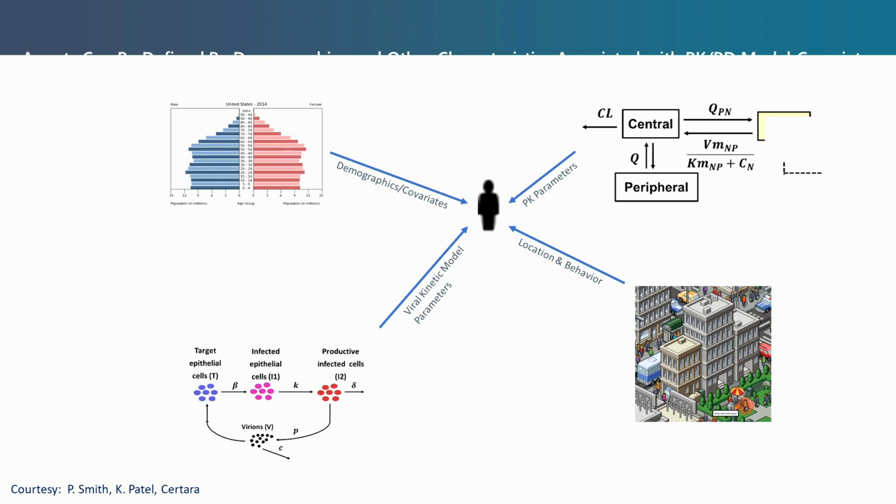Now, we have seen the PK model here. This is of importance: location and behavior. You have demographics as a component. You have the viral kinetic models here. So these two aspects are taken from before. The covariates obviously are important. Location is critical. For example, when you're dealing with the COVID pandemic, you want to understand what are the areas where there could be higher localization of infected